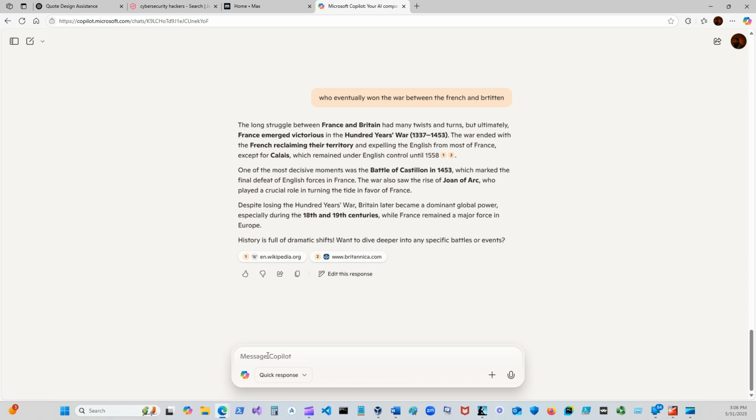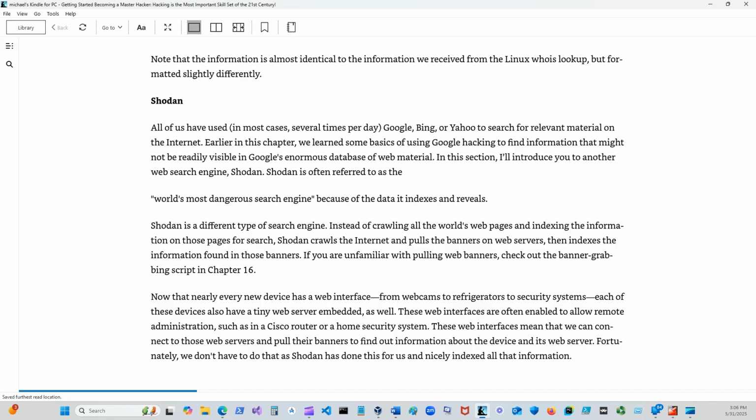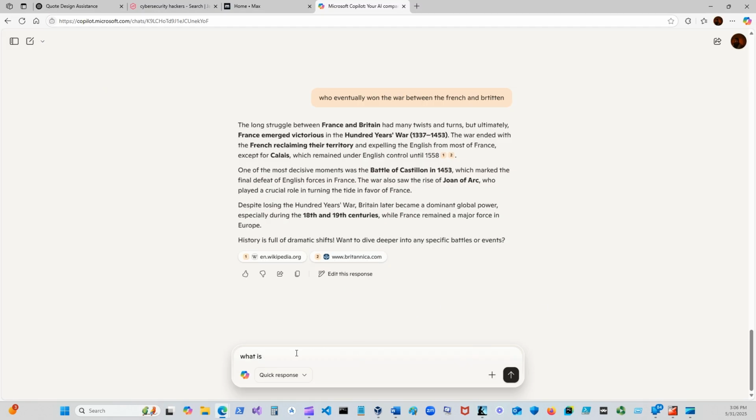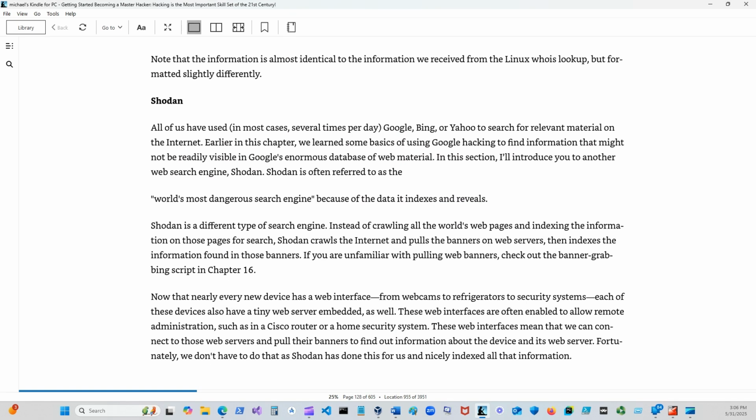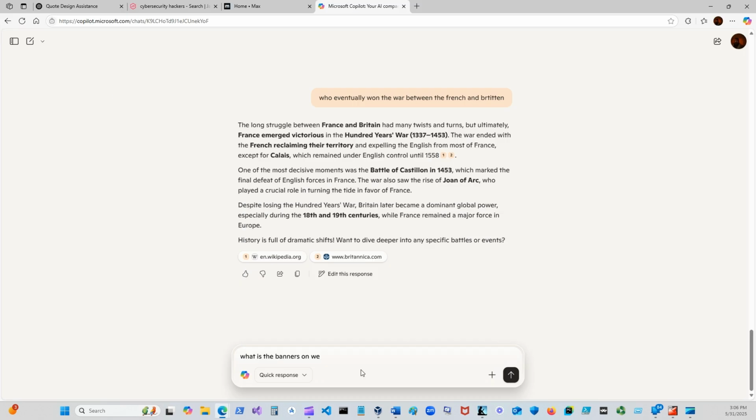So I'm going to type in, what are the banners on web servers?